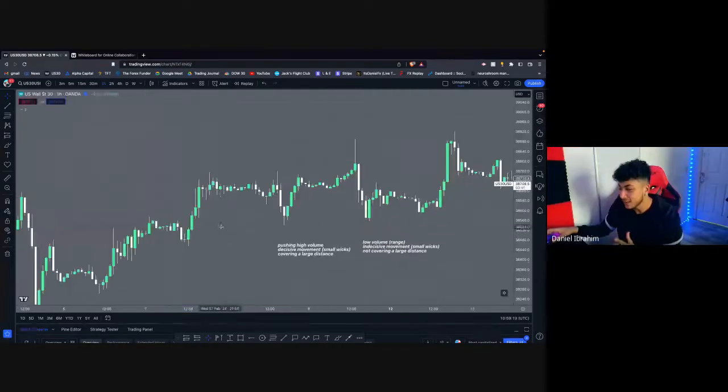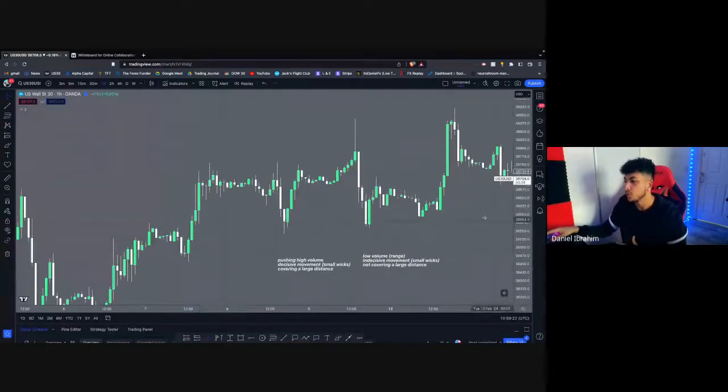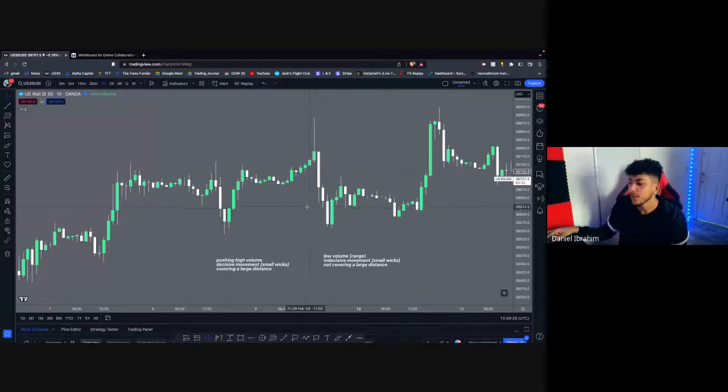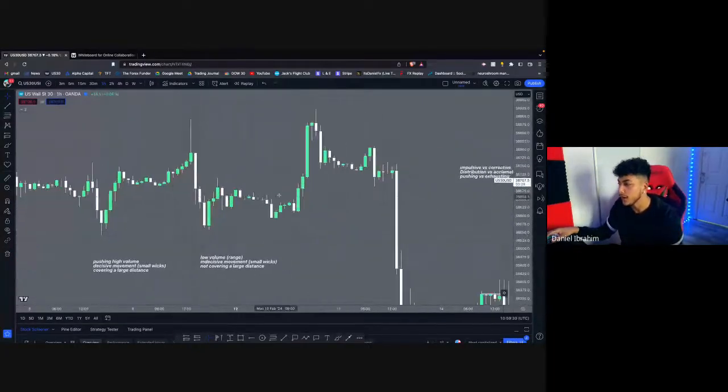So the name of the game and the whole idea behind this concept is we want to avoid the correctives and trade the impulsives, because the impulsives is where the money is at. The volume is where the money is at. Our goal as traders is to find an impulsive movement, identify an impulsive, get in and get out before the